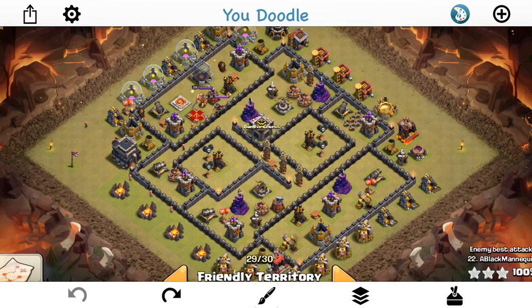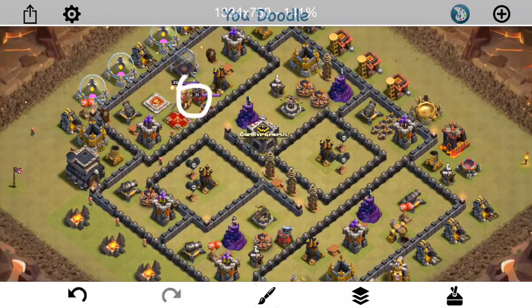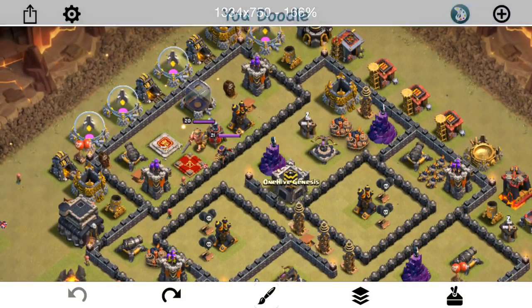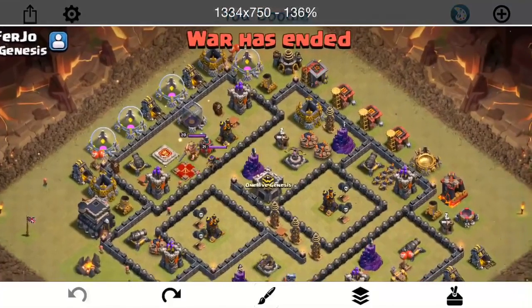Moving along, the air sweepers. Notice how that one air sweeper right there points out. So initially, if they try to drop their giants and the healers, that's crucial because your queen and your king will probably still be up if you have both your heroes in the compartment like this. So in that crucial beginning of the attack, you have all that point defense, like the 3-point defense plus the